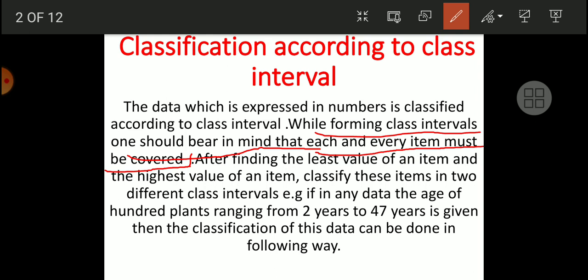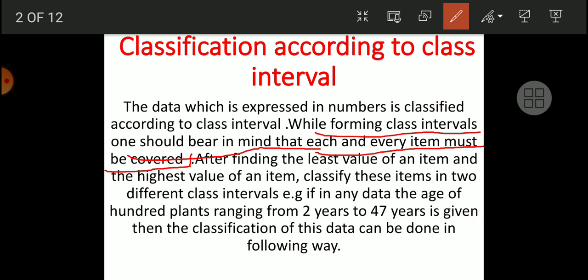So at the time of classification according to the class interval, the person who is going to make the class intervals should bear in mind that each and every atom